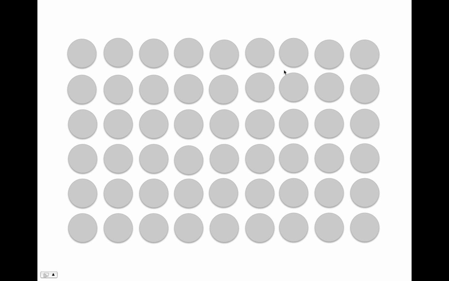Let's take another example. Again, let's say every dot on this visualization represents a student. In this case, I'm using shapes to represent different types of students. So in this case, let's say the dots represent graduate students, and the stars represent undergraduate students. So clearly, there are both grad and undergrad students.